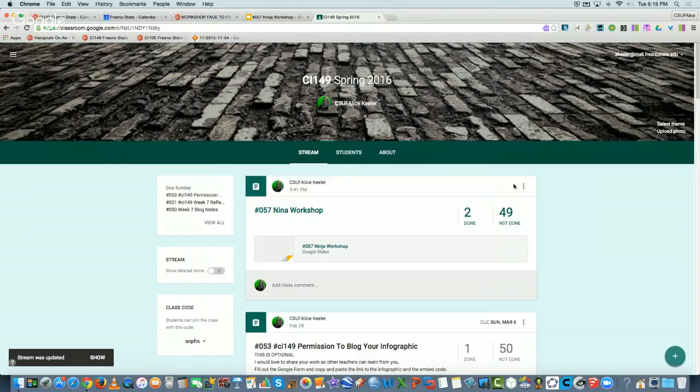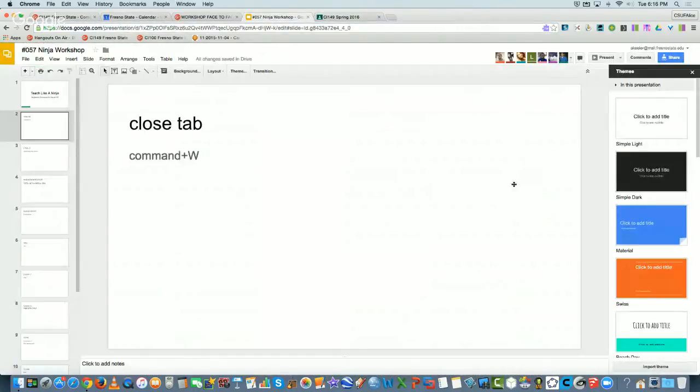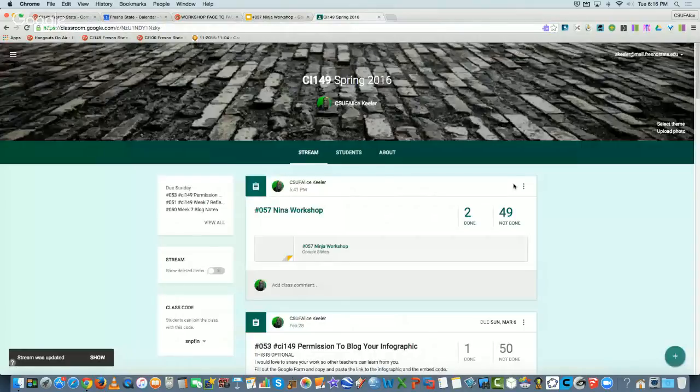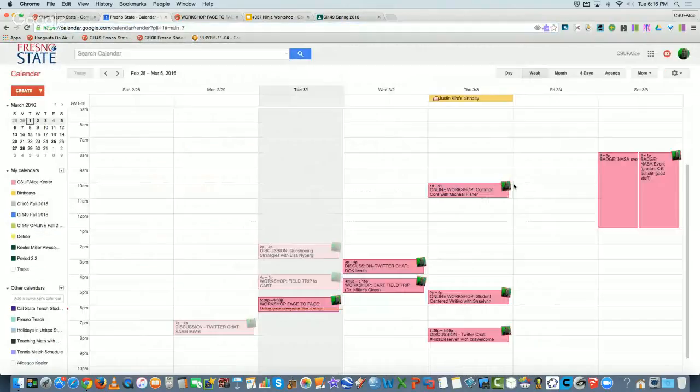You guys got a bunch of tabs open? Control 1, Control 2, Control 3, Control 4, Control 5. Control 1, Control 2, Control 1, Control 2. So here's the trick. Is that a surprise to anybody? Got it? So if you always have your Gmail in tab 1, and you always have your Google Classroom